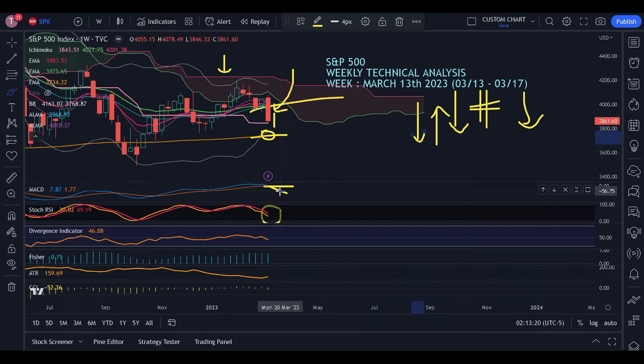the MACD, then the MACD and the stochastic RSI will both be aligned bearish. And as the concept says, if you have subscribed to my channel for the last many weeks, months, or year, then I have mentioned this again and again: whenever the MACD and the stochastic RSI are aligned in the same direction, then that will be the direction of the particular stock, the index, or the entire stock market. Because this is a significant change happening on the weekly chart of